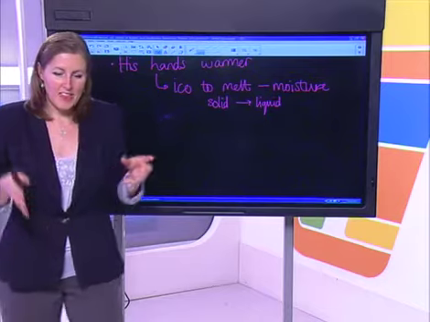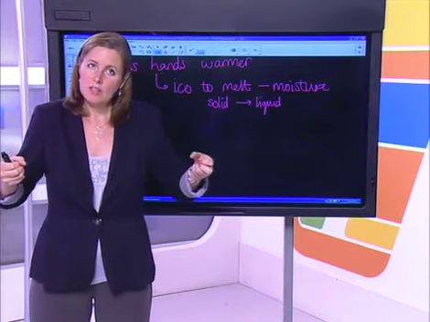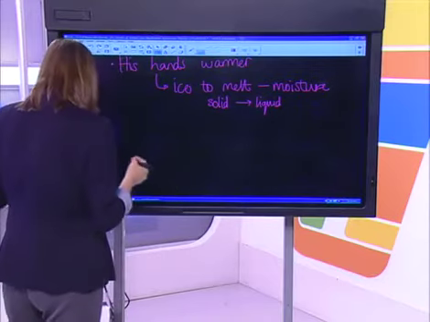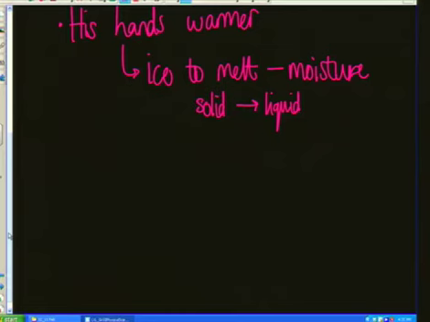But then that melted ice, the liquid, will change back into a solid. Why? Well, because very quickly, maybe we need to say here, very quickly that moisture will change back into a solid, and so will freeze,